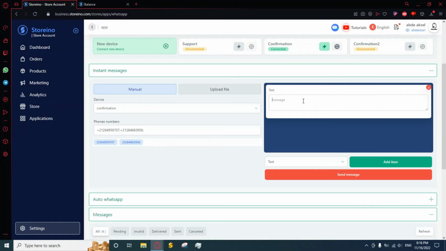This is the place where you can send a message that is only a text. For example, I want to tell my client that their order is confirmed. So click on this and then type in the message. And it's just as easy as this. When you are eventually done, just click on send a message and it will be, of course, sent to these